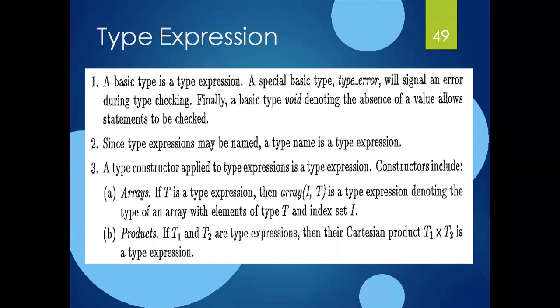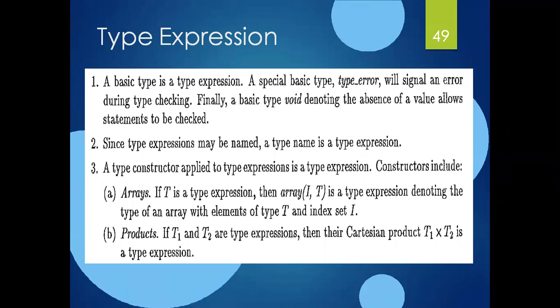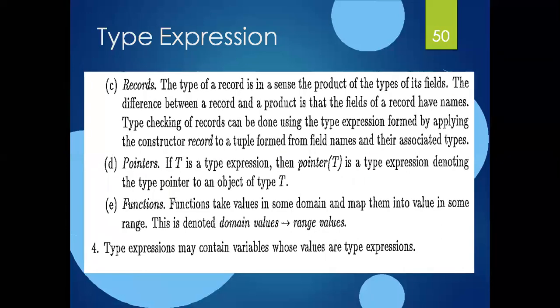Once you know what the array and what the product is, here we're applying the Cartesian product. That means we're performing the Cartesian product between two expressions. So the name of the type construct is product. And for example, we write the array representation as array(I, t). What it means is I is an index set, which is usually an integer, and the data type of the array elements is given by t, and that is the representation of arrays. Other ones like records, pointers, functions all come under the type expressions here, right?